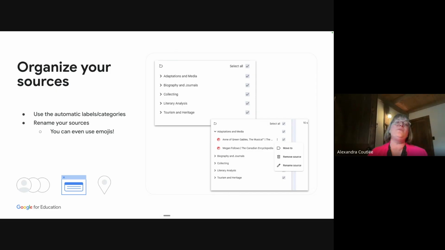And this one is also pretty new, although it's been a little while, but maybe new to you. You can now organize your sources because at some point when you have 50 or 100 sources, you'll have a whole long list. And a lot of people were asking, can we put them in folders? Can we organize them? Can we play around with it? Well, now you get this little button here, this little label maker that automatically creates categories and organizes your different files. And of course, you can rename it. You can remove from sections. You can move them around. You can create your own category. And you can even use emojis to organize your files.